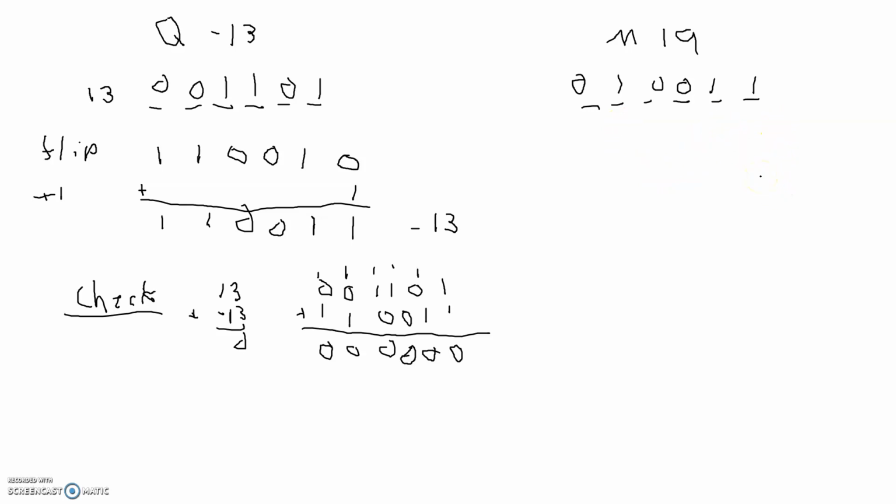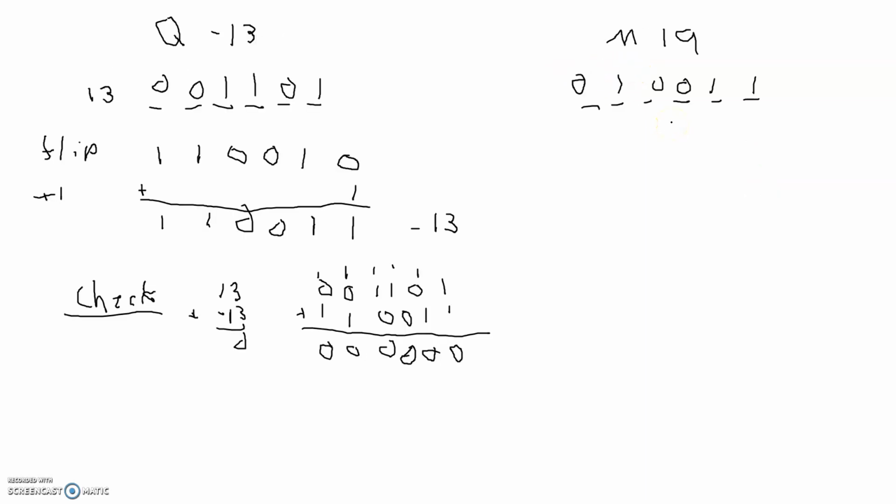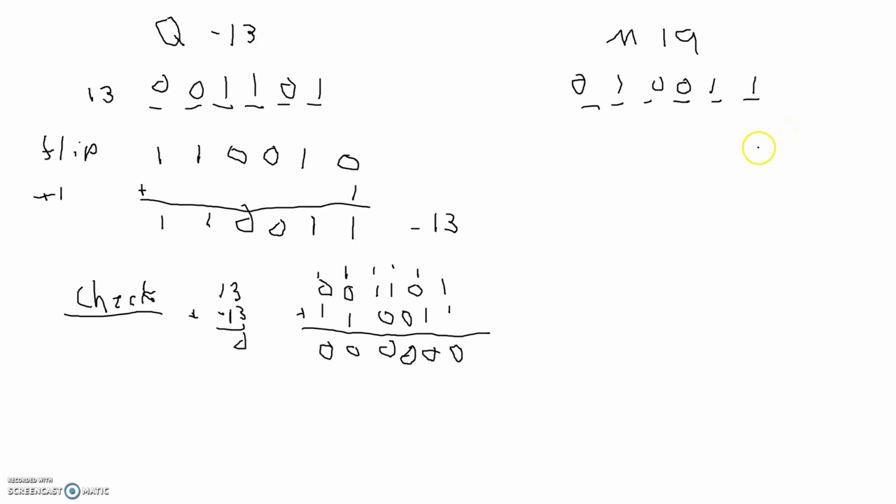So 0, 1, 0, 0, 1, 1. So 0, oh, my memory's so bad. 1, 0, 0, 1, 1 is our M. Now, at some point when we're working on Booth's algorithm, we at some point are going to do something like A equals A